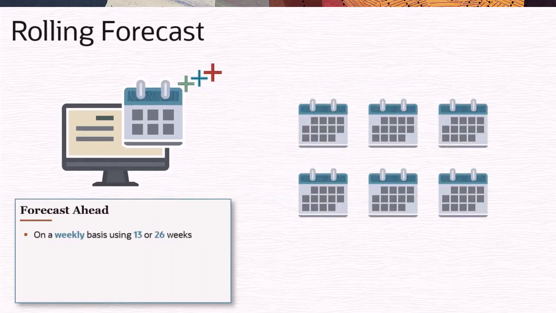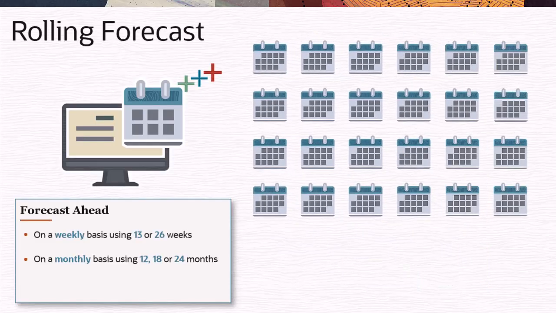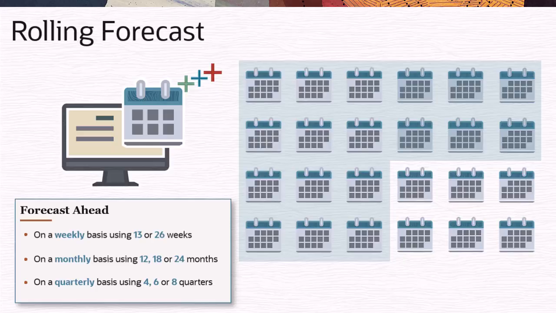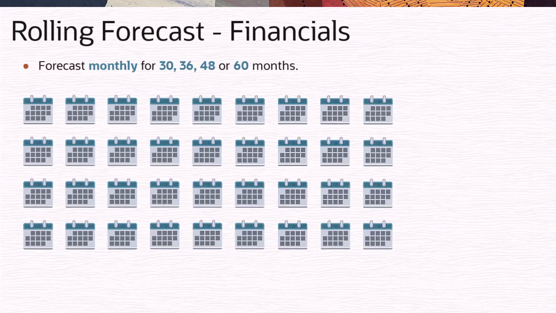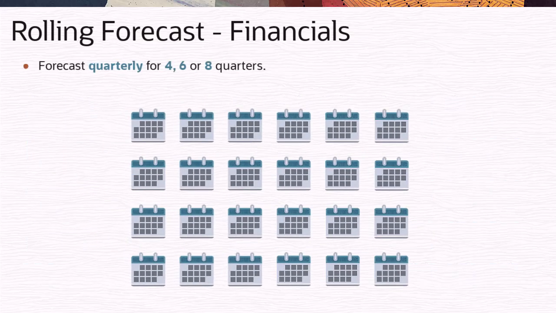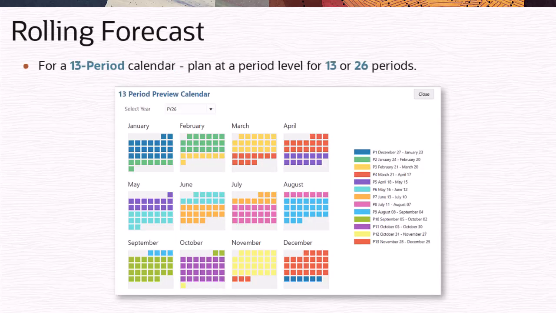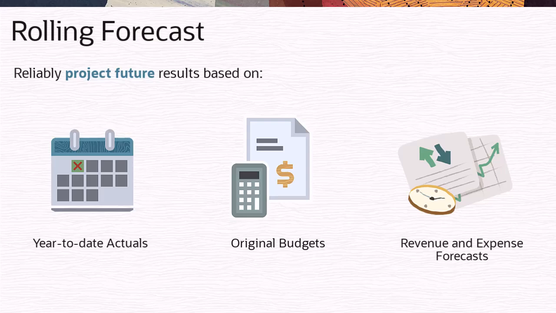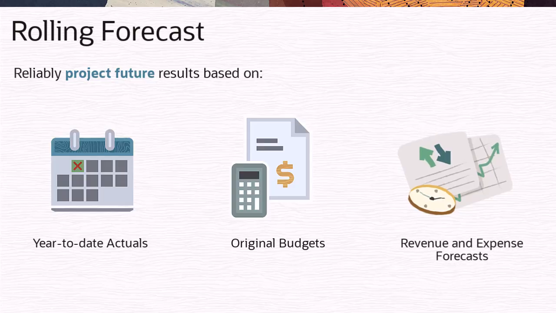can forecast ahead on a weekly basis using 13 or 26 weeks, on a monthly basis using 12, 18, or 24 months, or on a quarterly basis using 4, 6, or 8 quarters. In financials, you can forecast for 30, 36, 48, or 60 months, or at a quarterly level for 4, 6, or 8 quarters. If you use a 13-period calendar, you can plan continuously at a period level for 13 or 26 periods. This approach enables reliable projections based on year-to-date actuals, original budgets, and revenue and expense forecasts for future